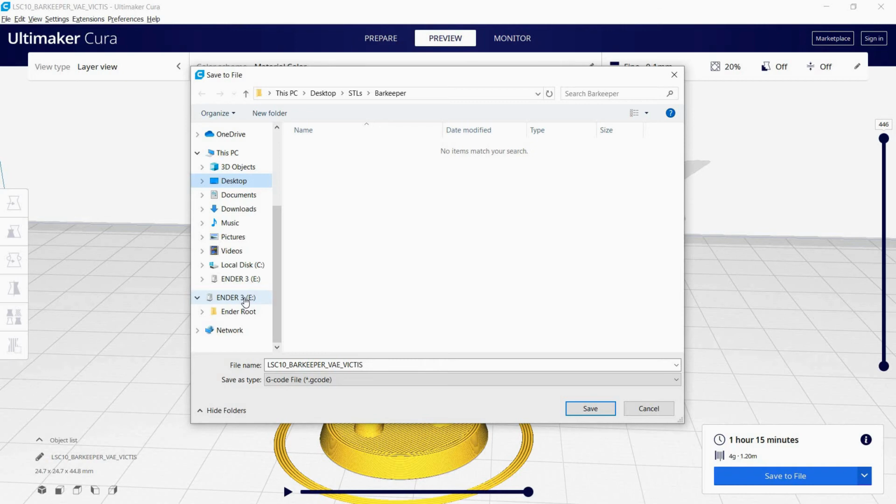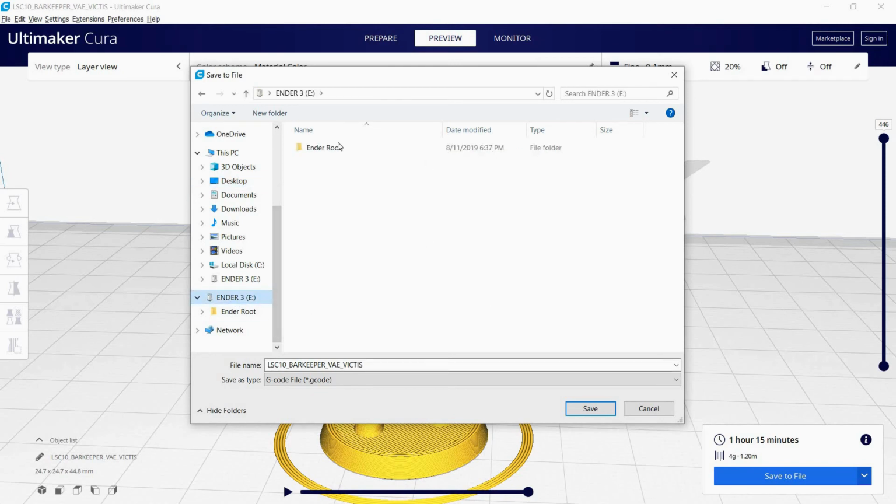If you have like 4 or 5 Ender 3s, which I know some people do, you can name them 1 through 5, or you can swap them in and out. It's up to you. You can do what you want is what I'm saying. You have permission to live your own life, I guess. But I named this one Ender 3 because I only have one, and from here I'm going to click on